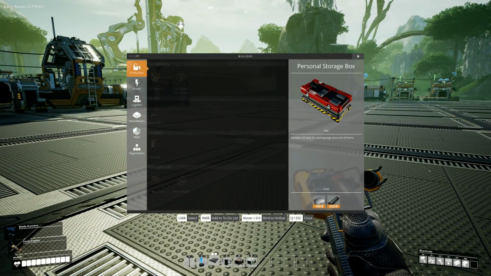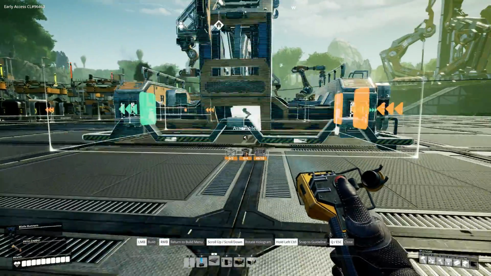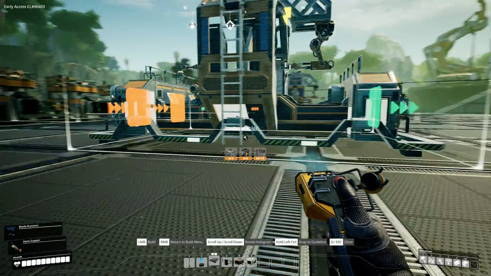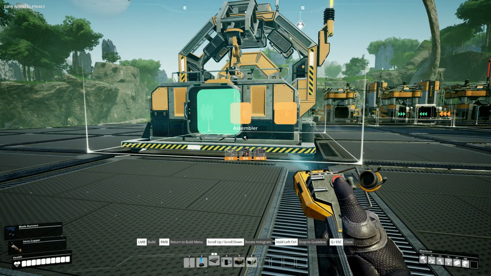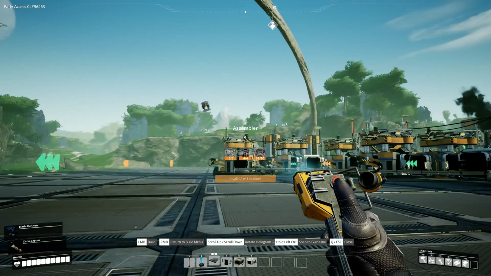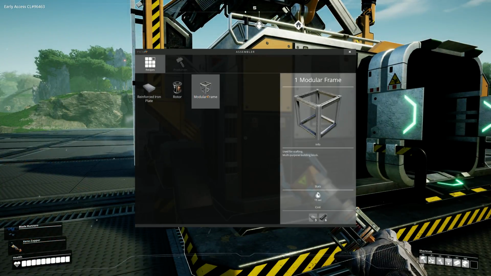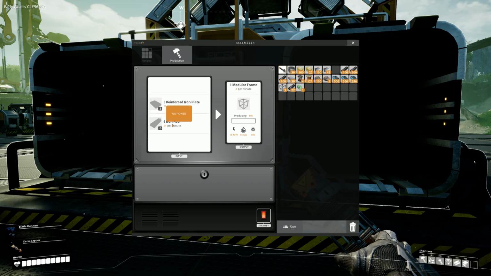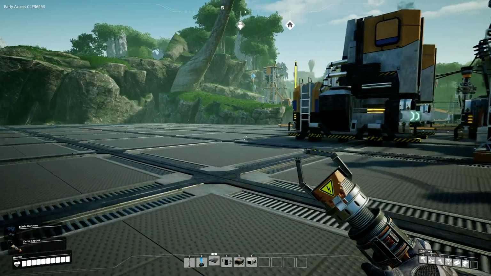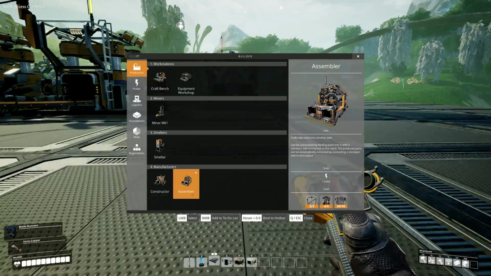Assembler. Let us line it up with this assembler. Attempt to line it up with this constructor. There. You, sir, make modular frames. Now, I want 2 assemblers making